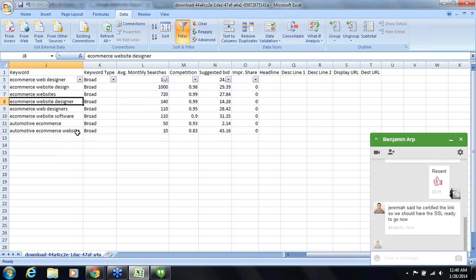So let's take a look at these questions. The last one will be, what is the best way to do SEO on a specific popular product? I'd say the best way to do SEO on a specific popular product would be